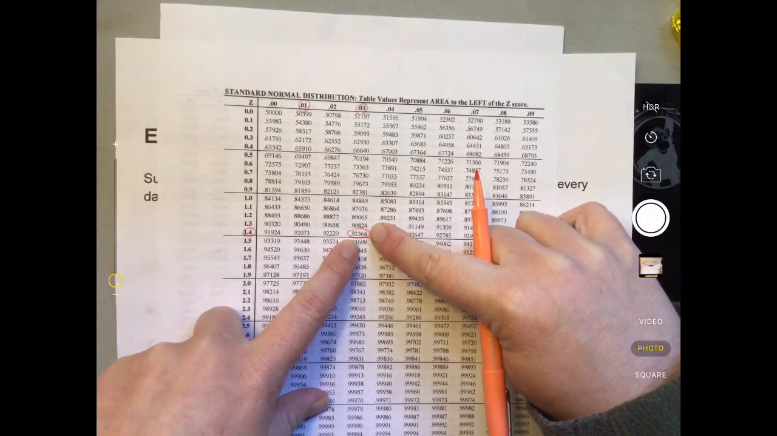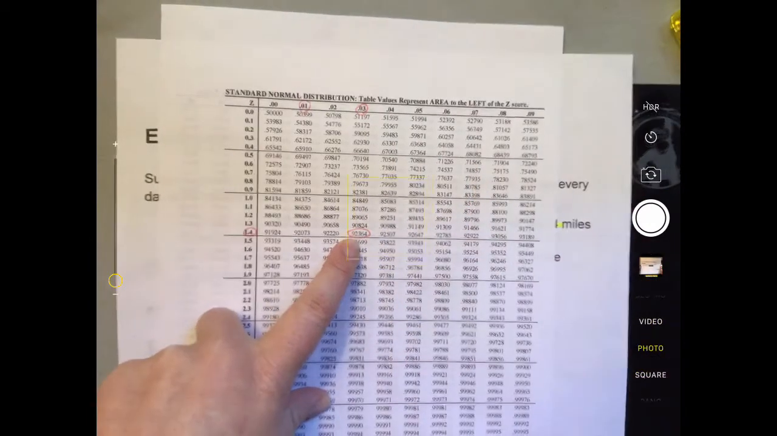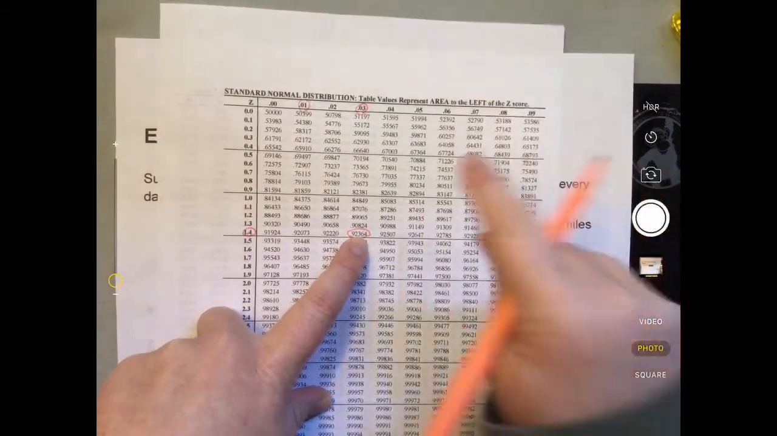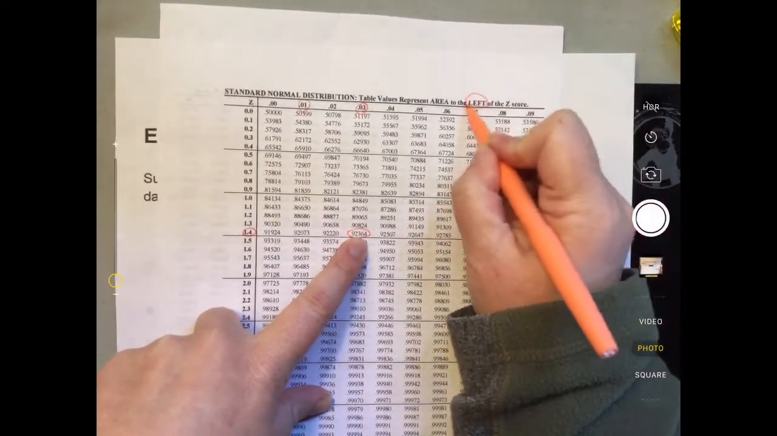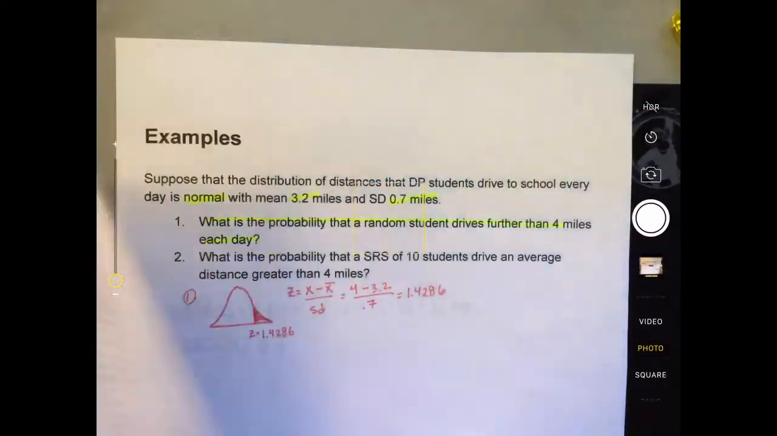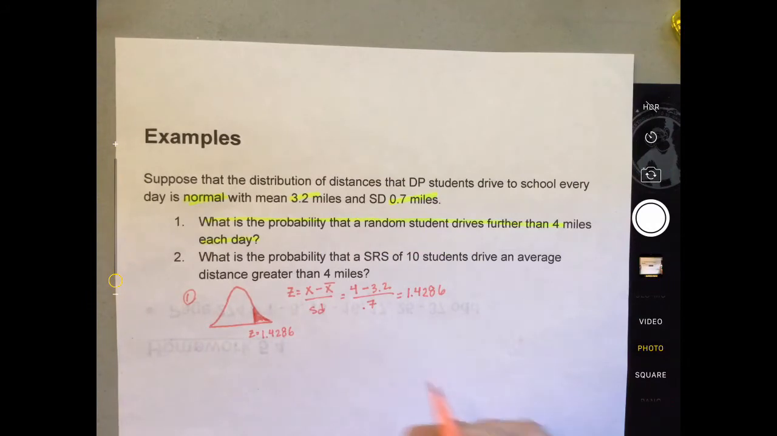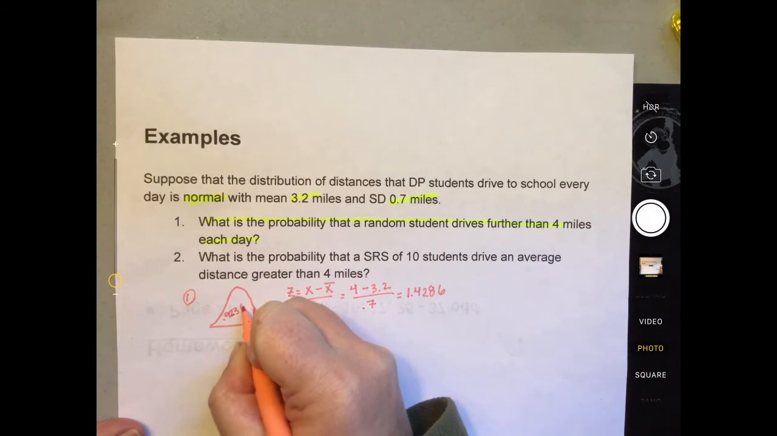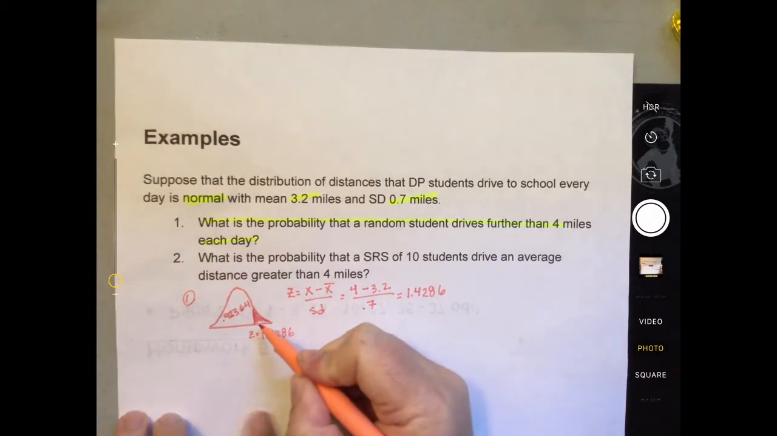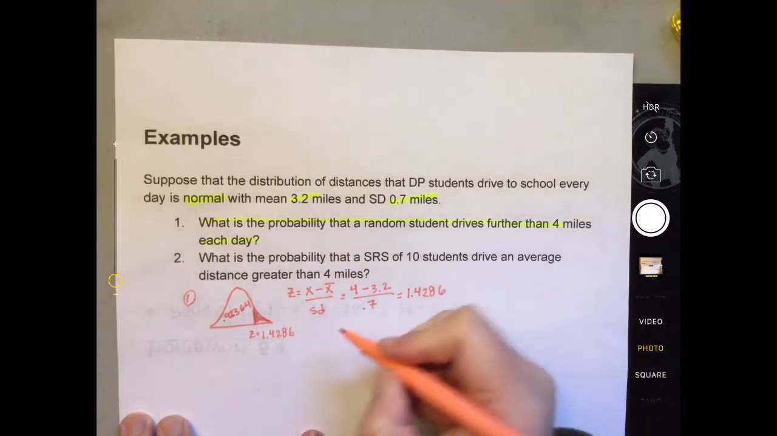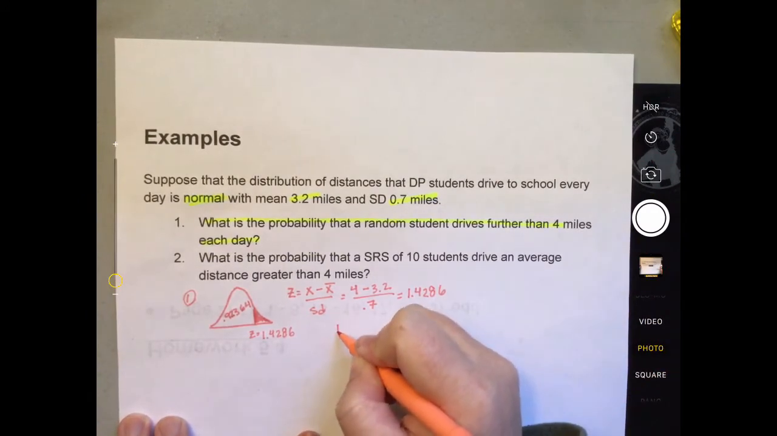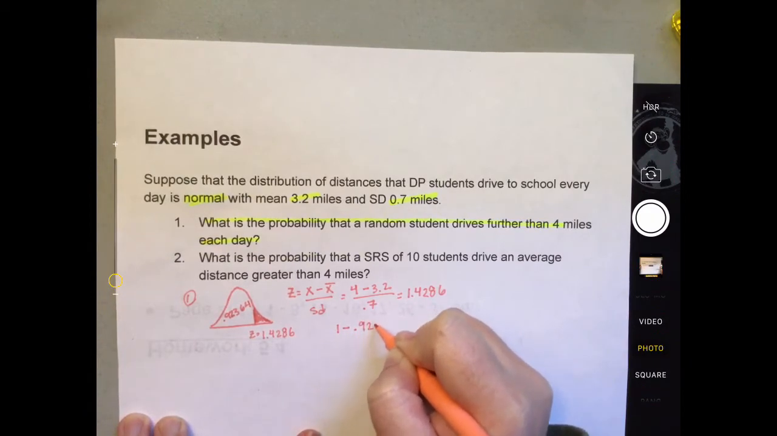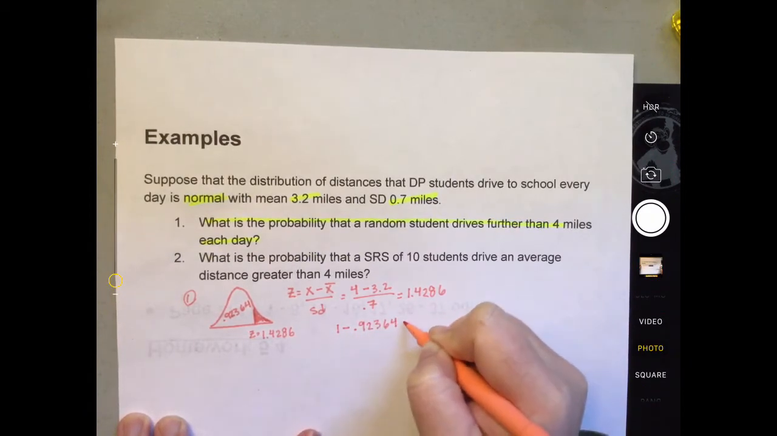So in your chart here, we go to 1.43, and we see here's the area. That's 0.92364. Remember, this gives you the area to the left. So that gave me this area right here is 0.92364. But I'm looking for this area here, okay? So I'm going to have to subtract that from 1. 1 minus 0.92364 equals